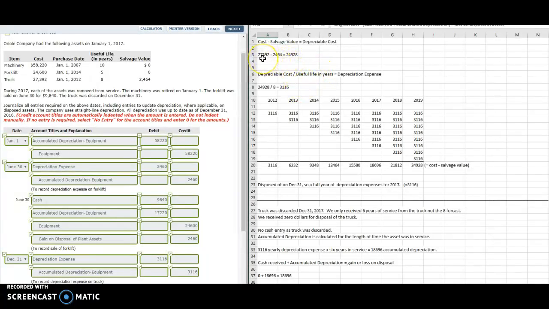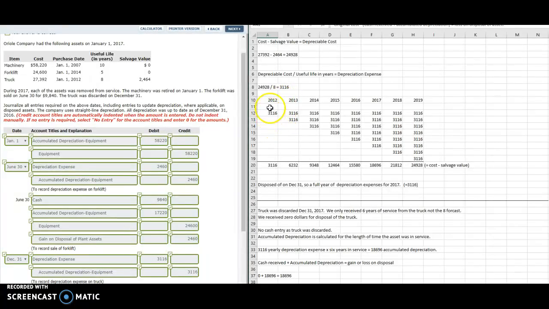So we take our original cost of $27,392, and we subtract our salvage value of $2,464. So that gives us a depreciable cost of $24,928. And then we divide our depreciable cost by the useful life in years, which would give us a yearly depreciation expense of